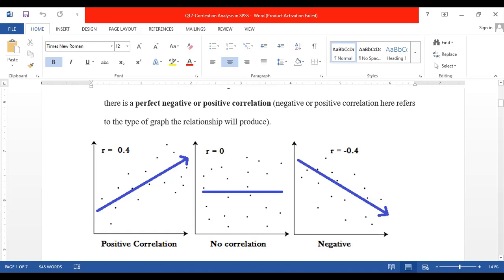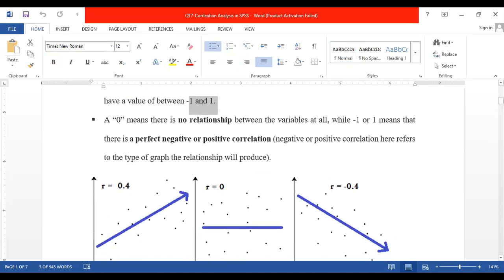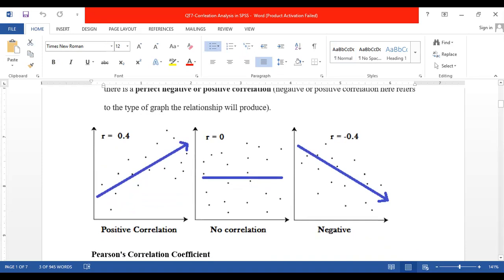The value reflected here, R equal to 0.4, with either a plus sign or a minus sign, is just a value I picked that is less than 1. So you may choose it just for understanding. It's just an example. In case of a perfect positive correlation or a perfect negative correlation, the value of R must lie within the limit. As we know, the threshold limit for the correlation coefficient is -1 and +1, so the value must lie between -1 and +1.